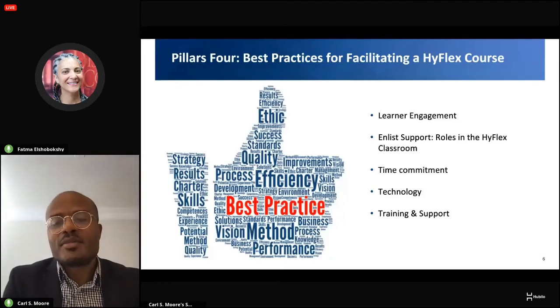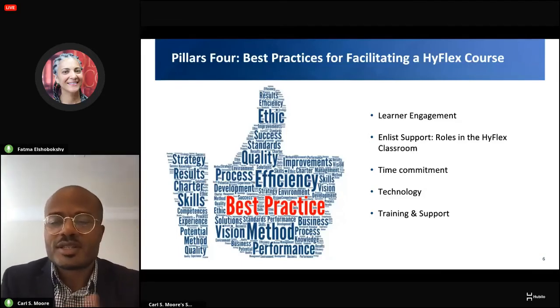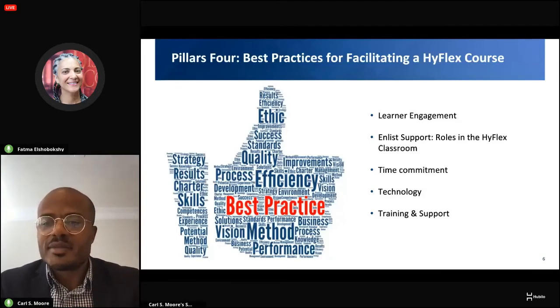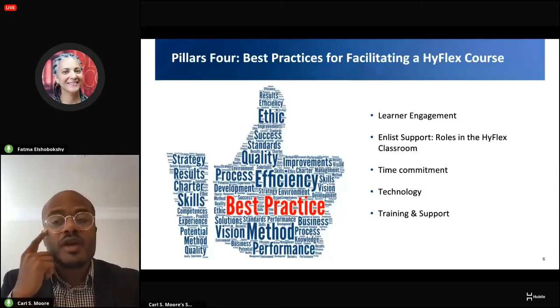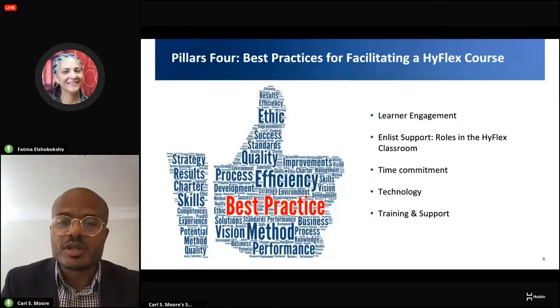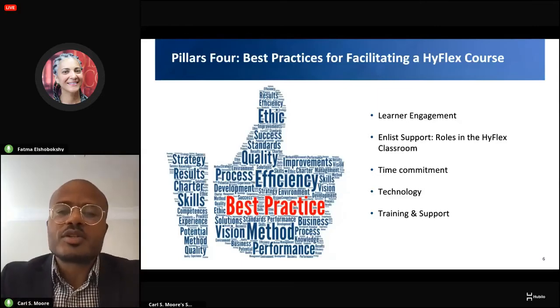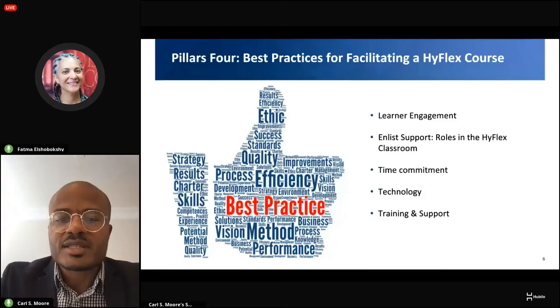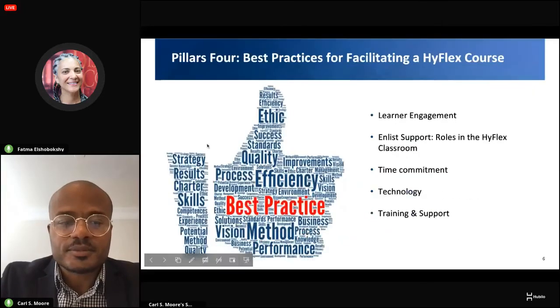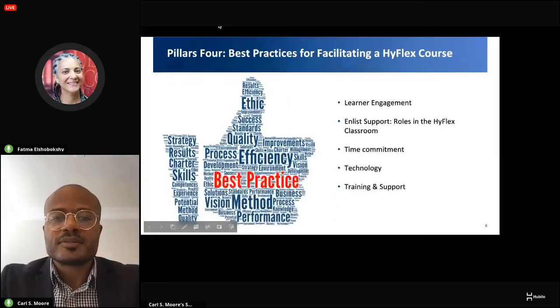The one other comment I'll mention, Fatma, because I don't know if you want me to go to the next slide or not, is that video-based assignments are also another piece. GoReact is one tool that's being used. There are so many other tools, and I don't want to promote one tool or the other, so I'm just reading that out to you all. Would you like me to go to the next slide, or no? We're still going to address the technology and training support.